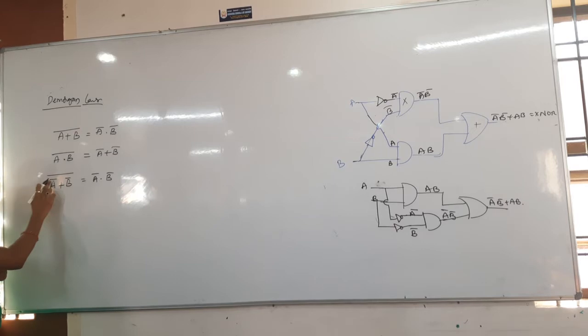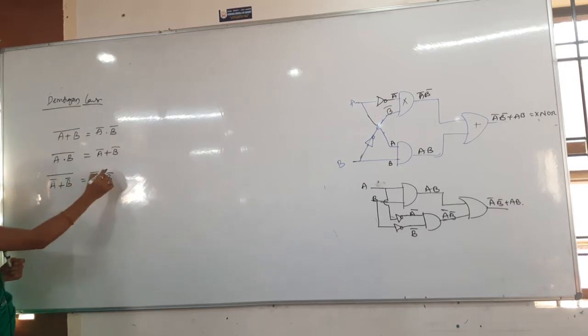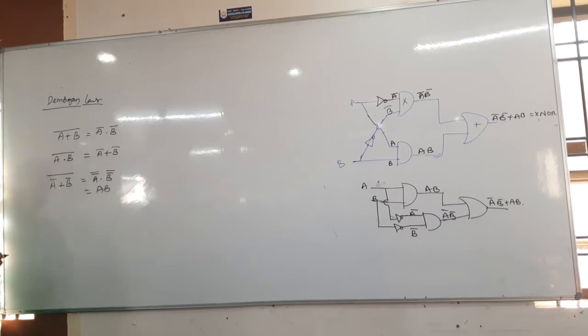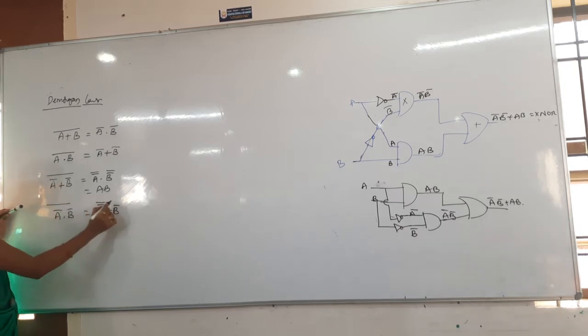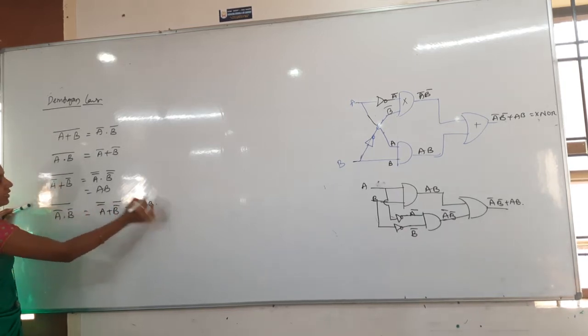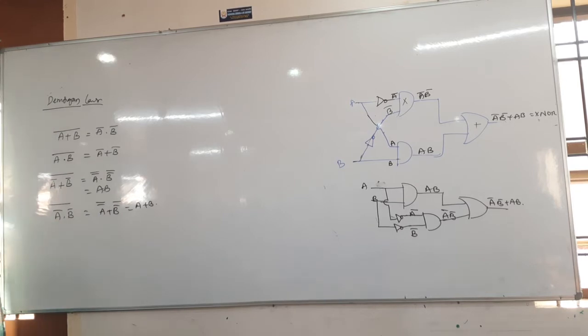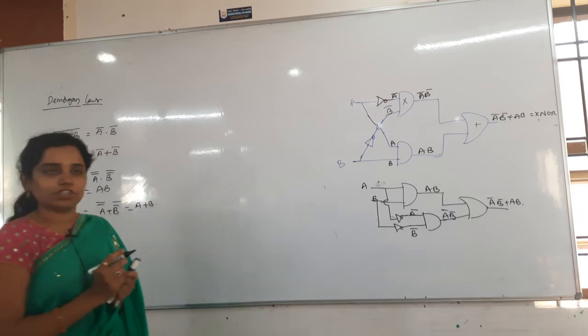Now I see here how many bars are there, again bars are there. So again put a bar, put a bar. Then what will be the answer here? A dot B. Then the next, fourth case is A bar dot B bar whole bar. How much answer will we get here? What will we get? A plus B. See that, close it, and A dot B whole bar is A bar plus B bar. Again individual bars are there. Then what is the answer I can get? A plus B. Clear? Now you just tell me another circuit for that by using these De Morgan laws.